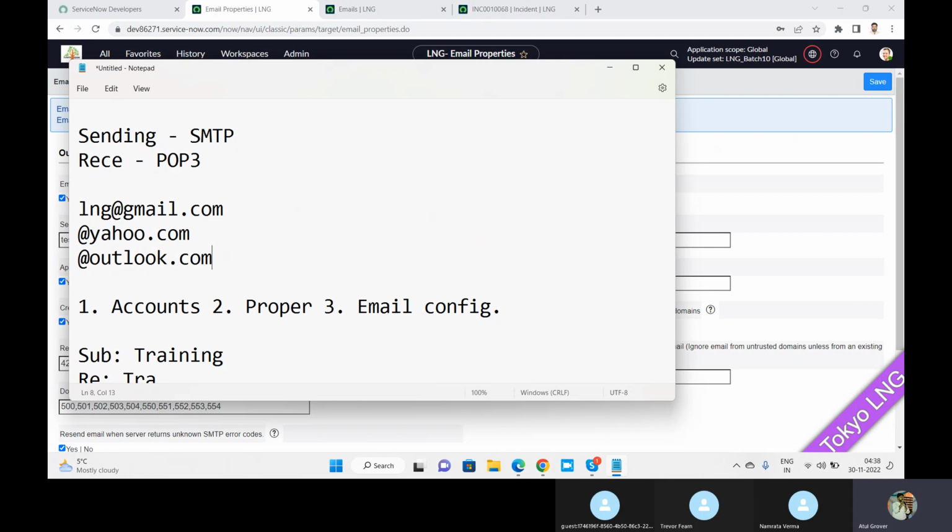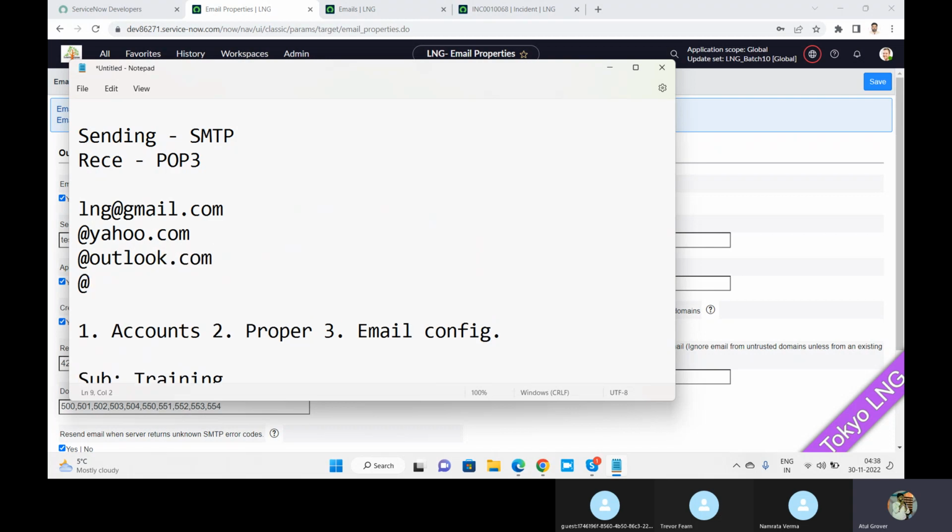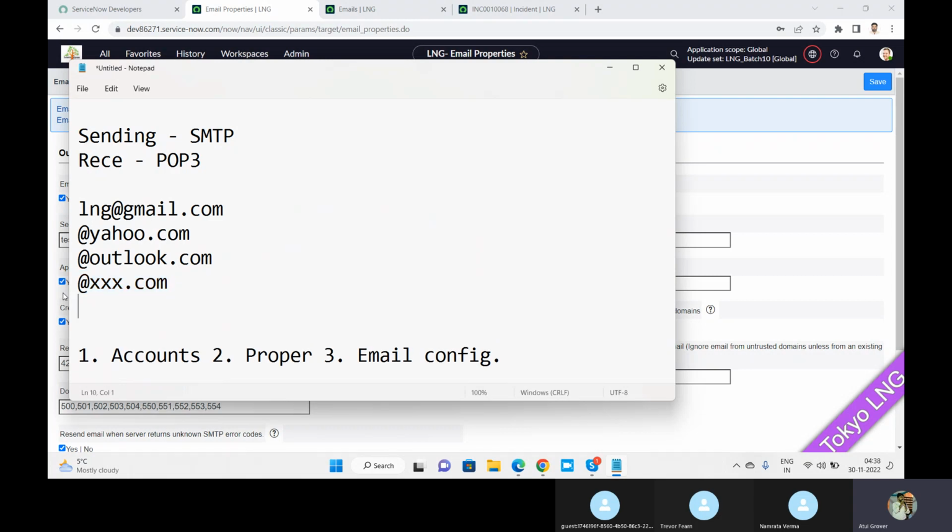Outlook.com is still a trusted one. But if I put xxx.com, it is an untrusted one, because it can be risky. It can be some kind of malware. It can be some kind of hacking technique. Or maybe you can put some vulgar kind of sites,